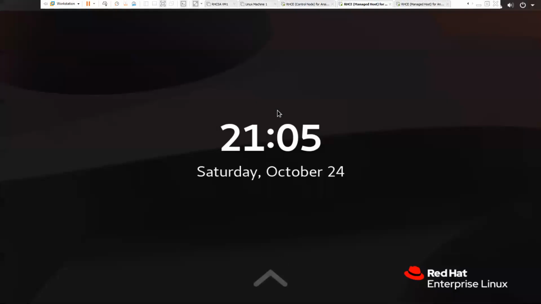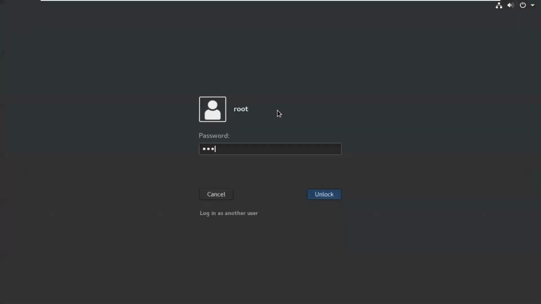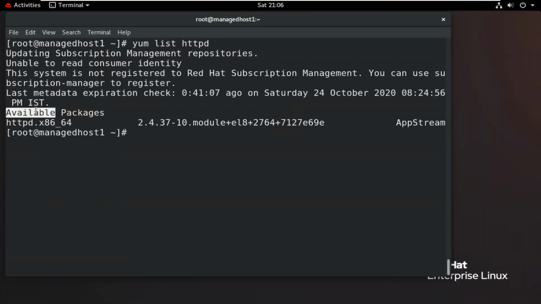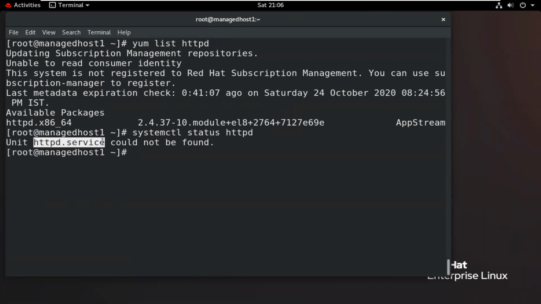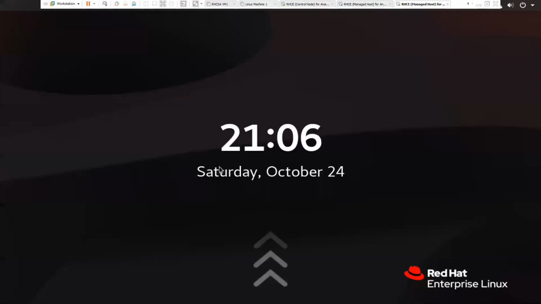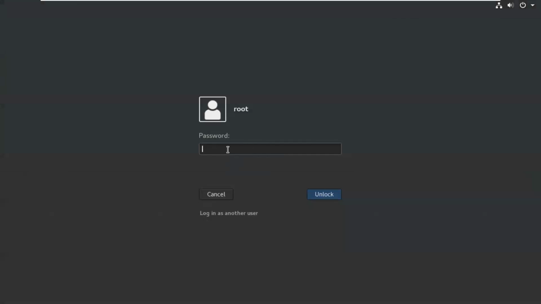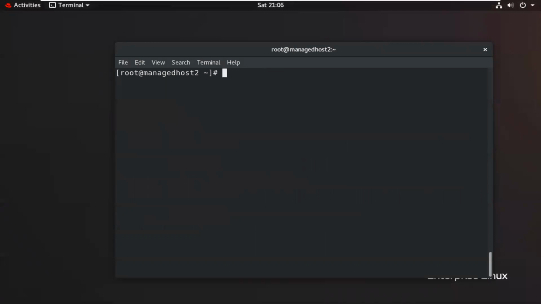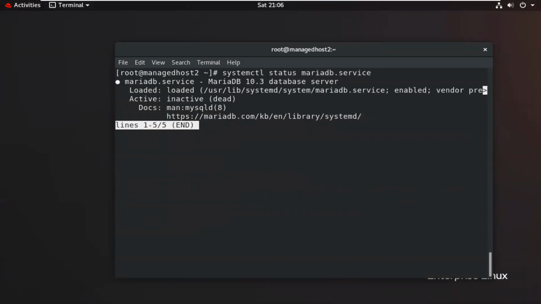I will check first here. At this time, the package is available but not installed, and I will show you the status also. There is no service available. This is my second machine, managed host 2, and in this I will show you the status at this time.